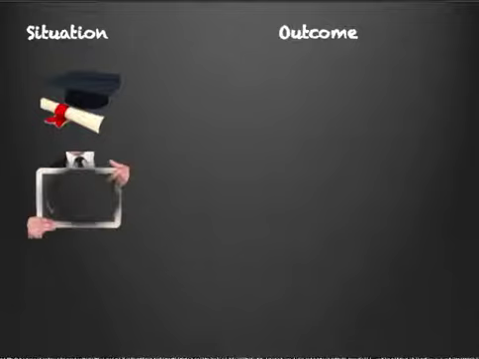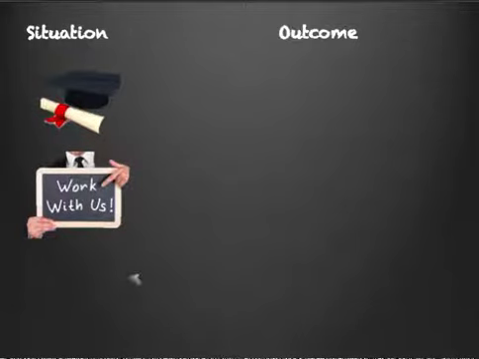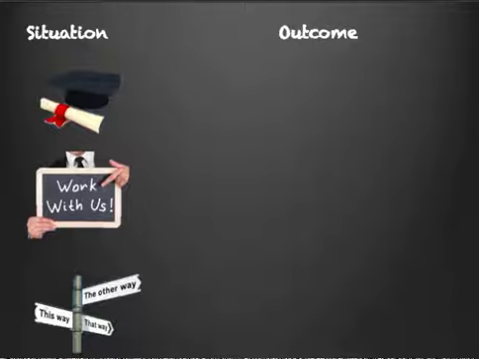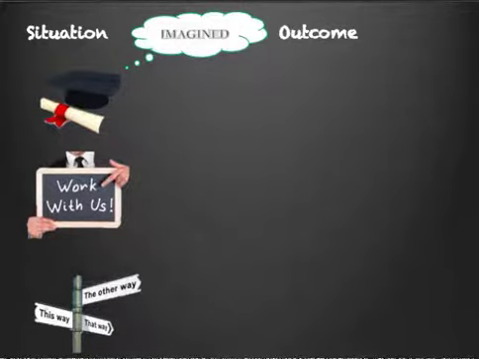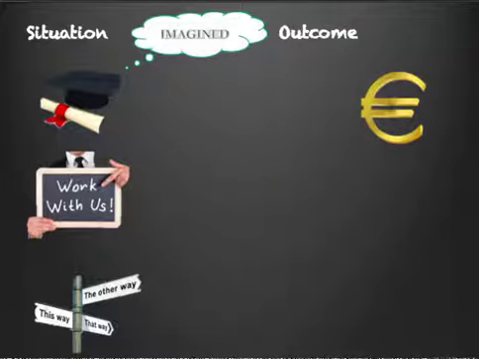So when you're thinking of your situations and outcomes to practice this, maybe you want to think about what you studied, maybe about your first job, or maybe about a decision that you made in the past. Now if you imagine those things differently, if we talk about your studies, what might have happened? If you had studied something different, would you have chosen a different job? What would have happened? Would you have earned more or less?